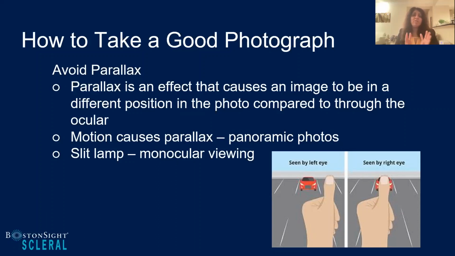The most important thing to know is that when you are looking at something through the slit lamp, take your image and then look at your image to make sure that everything was aligned correctly. So the placement of what you're looking at matches in the photograph to what you're looking at. Because the shifting of items in the photograph can happen, and that's what parallax is. You just don't want to get confused with a photograph and say, why is this here and it now looks here? You just want to make sure that your photographs do represent what you're actually looking at through the slit lamp. Yeah, I agree.